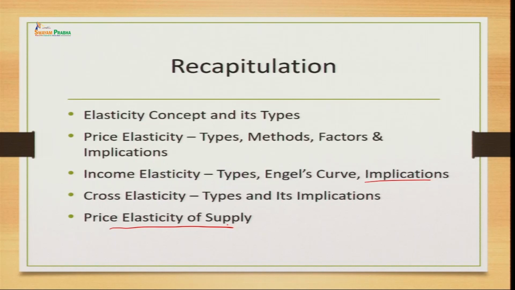And lastly, we have talked about the price elasticity of supply. Price elasticity of supply states that, keeping other factors constant, here we measure the change in the quantity supplied due to the change in the price. And as we all know, price is positively related in the case of supply. So, here in this, whatever measurement you are going to get, your answer will be positive.